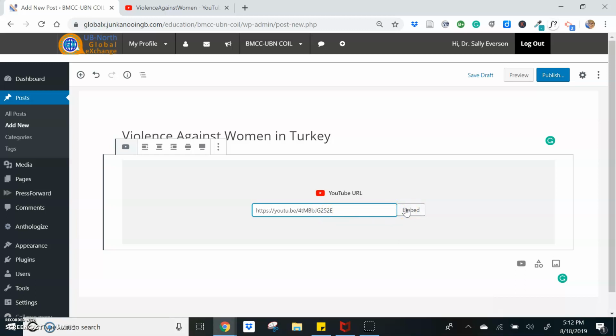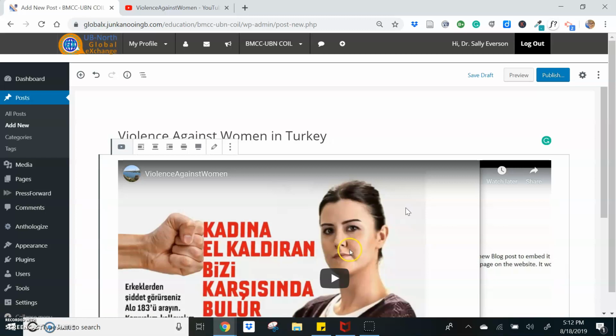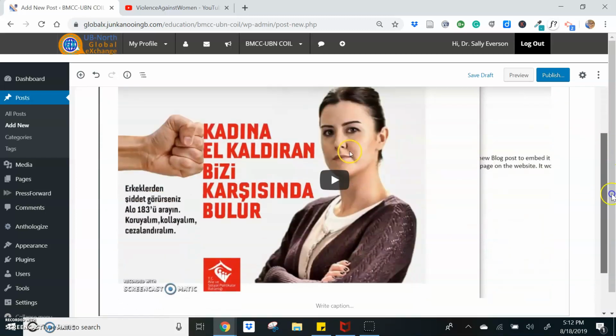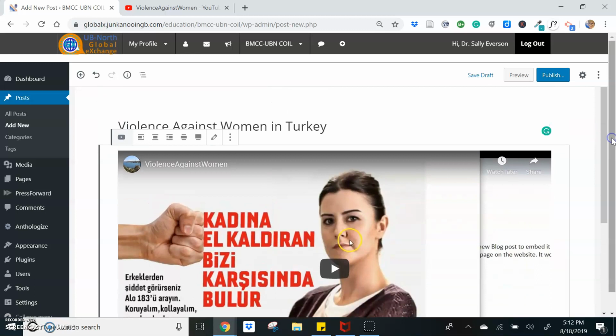So you don't need an embed code. Some of you might be familiar with embed codes. You don't need an embed code, it will embed it. It will put the coding in there to embed. Press embed. And you'll see it's embedding that video very nicely in there. Okay, now